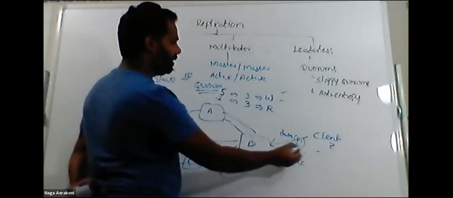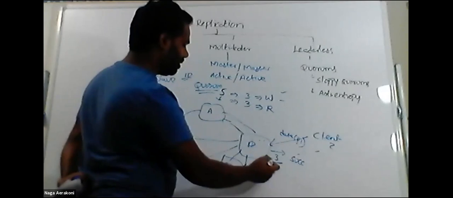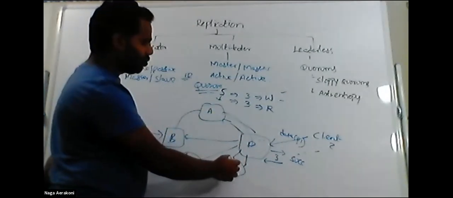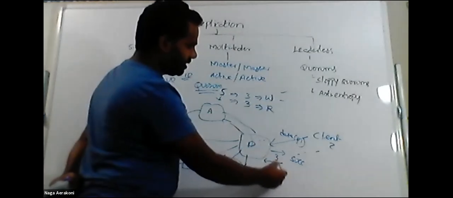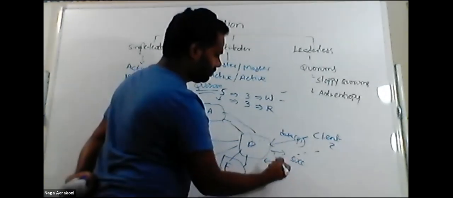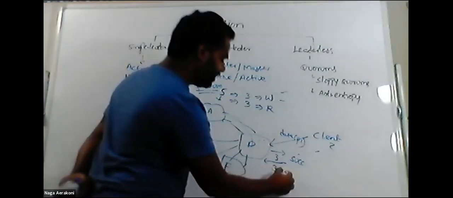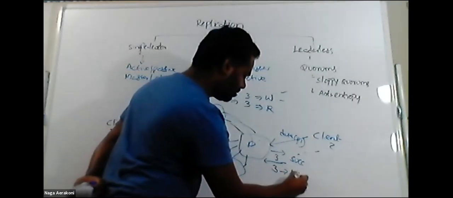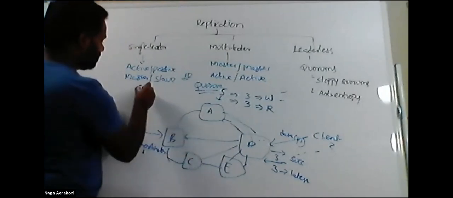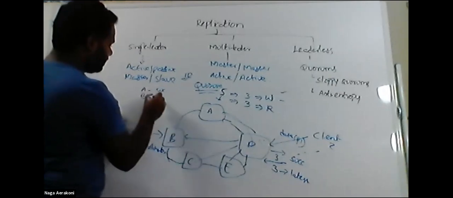Similarly, if the client wants to read this P1 data, he connects to this coordinator node, and it again sends requests to all the 5, but it just expects the responses from 3 nodes. So as long as you read the data from 3 nodes, you check which is latest among the 3 nodes. Because if you are inserting data to all the systems, let's say A succeeded, B succeeded,